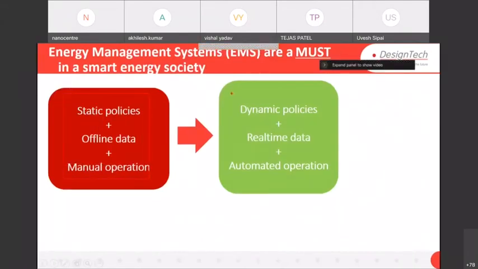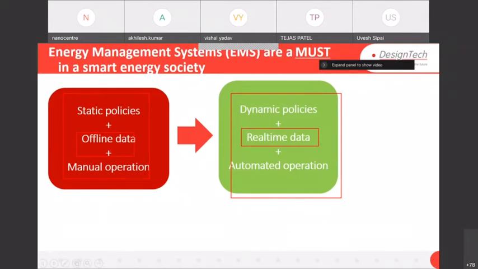This red box which you see, we have to convert into the green box. It means whatever the static policies are, what is the cost per hour of the energy, how many people are there, what is the comfort zone, and offline data. In this case, we will have real-time data. Manual operation will become automatic operation. So overall our agenda is to convert this red box to the green box and to make an IQ building